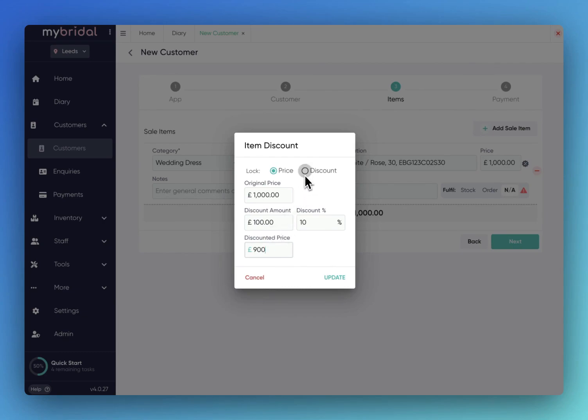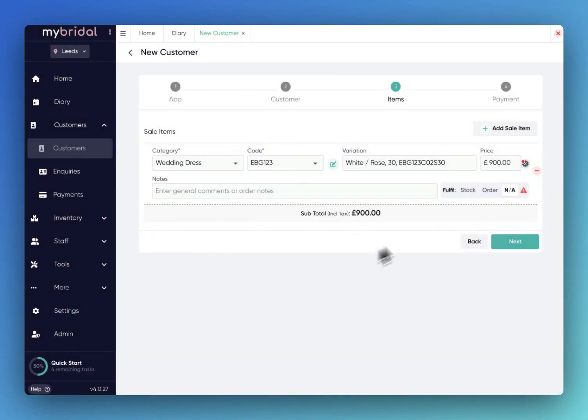If it's the other way around, say you have a set discount amount, so if you're doing a promotional weekend where you get 10% off, or 15% off, you can then change by the discount amount. Or if you have a promotion, so say you're knocking £100 off the dress if people come in for a certain weekend, you could do it that way too. So you can add the discount in all different ways and just click update, and that will then be saved